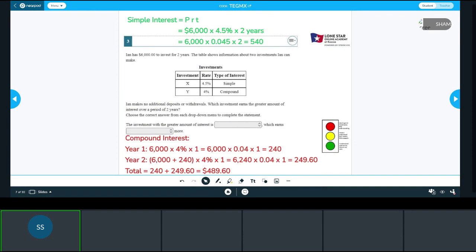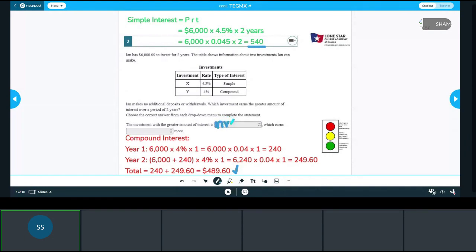Okay, now what is the question? The question is saying the investment with the greater amount of interest is. Let's compare. So here we are able to earn $540 over 2 years, and using the compounding method we are able to earn $489.60, right? So I can definitely say that investment X, the simple interest, is earning a higher amount of money,